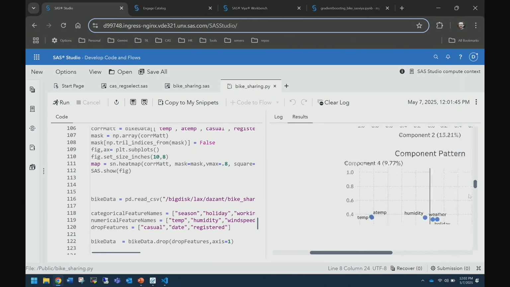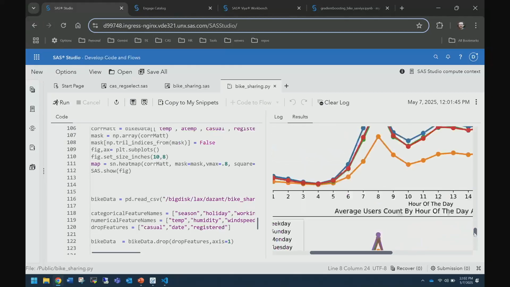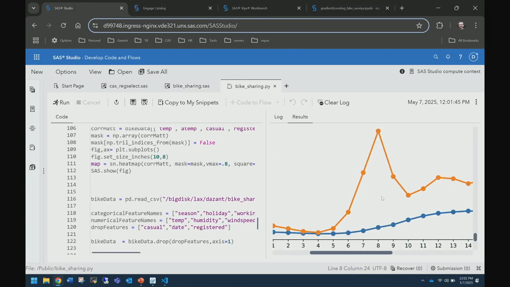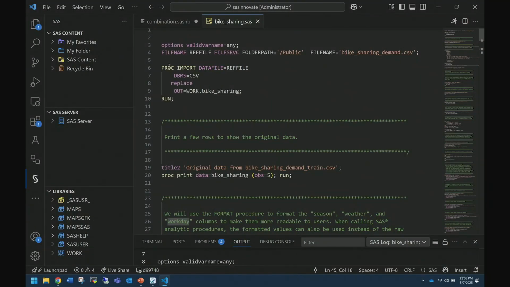But then the important key for this demo is coming down here. We can see that it's producing the same model in this Python in SAS Studio as we were producing in Workbench and VIA Enterprise as well. But there are also additional ways that you can use these VIA Analytics. Here I'll jump over to VS Code. So you may know VS Code. This is a local VS Code on my laptop. I have the SAS extension installed in it, and I'm connected to my VIA cluster.